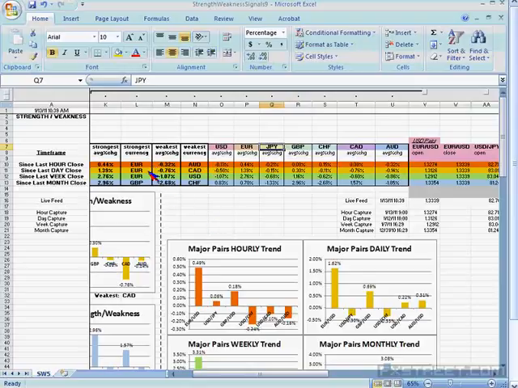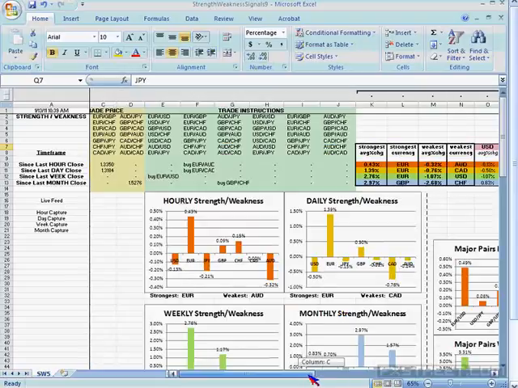In the last day, the strongest has been the euro, and the weakest has been the Canadian dollar. In the last week, the strongest has been the euro, and the weakest has been the US dollar. Okay, so there's not a lot of agreement on the weakest, but on the strongest, there has been agreement within the last week, day, and hour that it has been the euro. Okay, so now I take this information and what do I do? This is the most important aspect of this database, and it's right here.